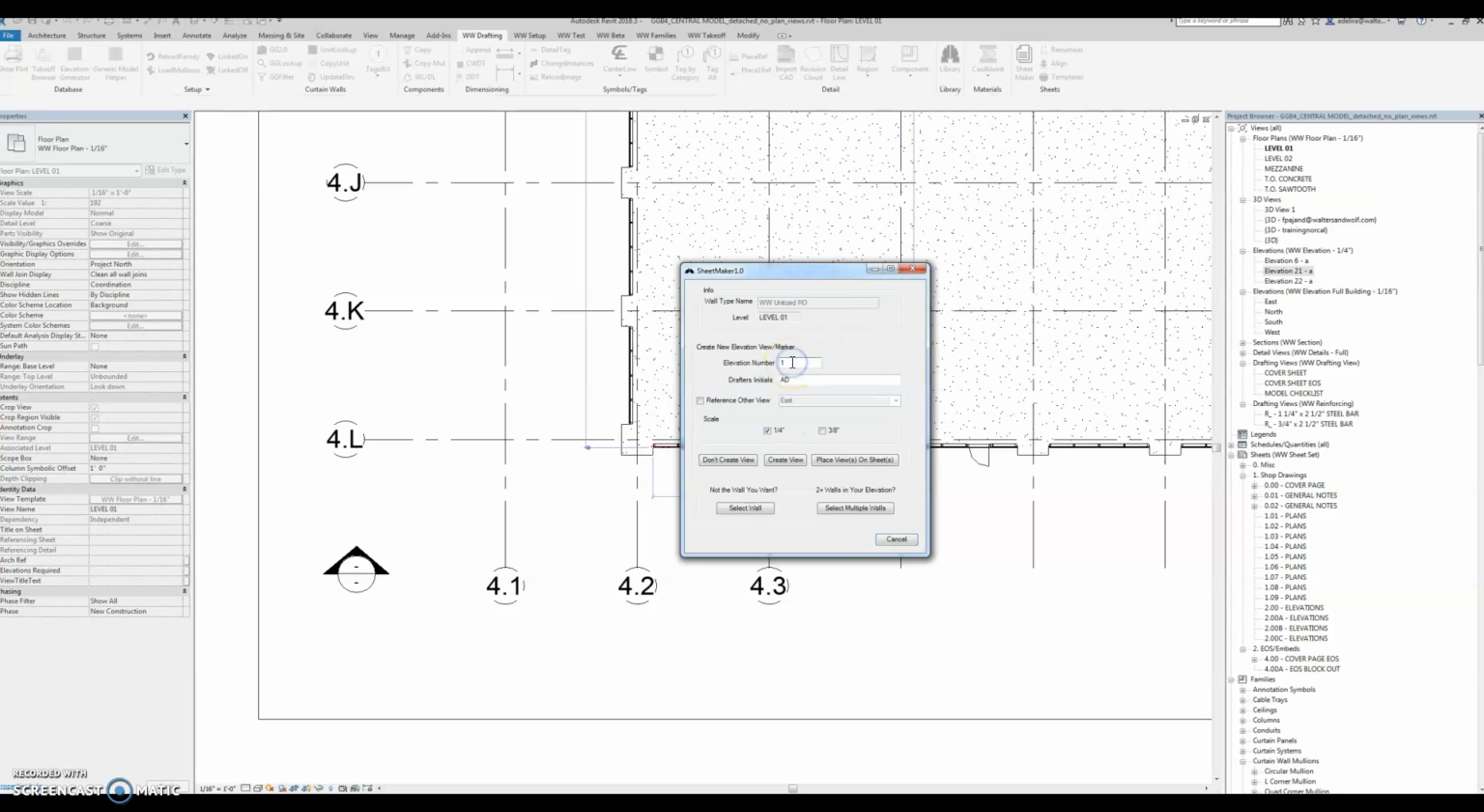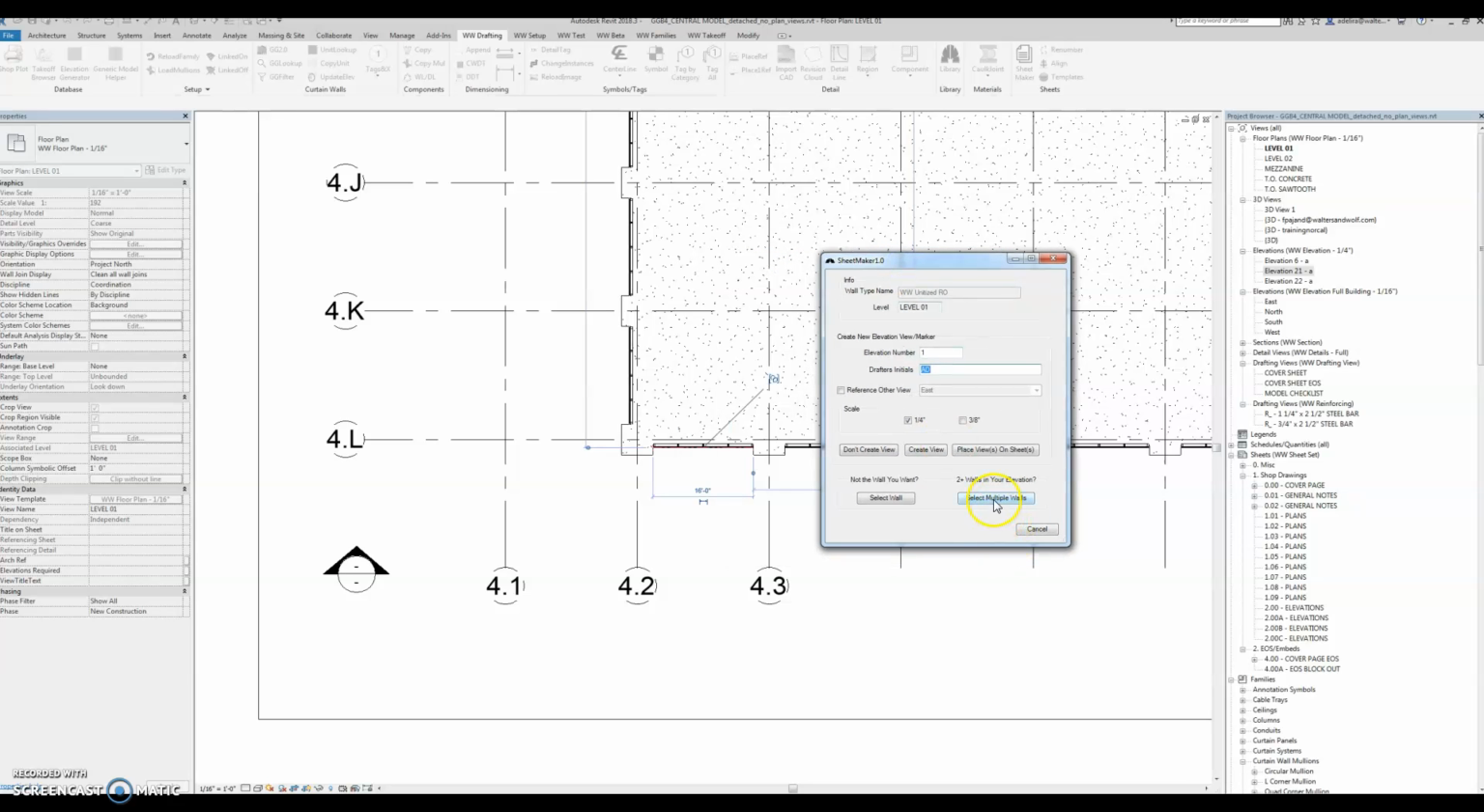First thing you do is select the elevation number. I'm just going to use 1. Enter your initials. And you have an option to reference another view in the project. You could change the scale. And then over here you can either create a new view, place all the views that you've created on a sheet, or don't create. And then there's also an option here that I'm going to use to select multiple walls,